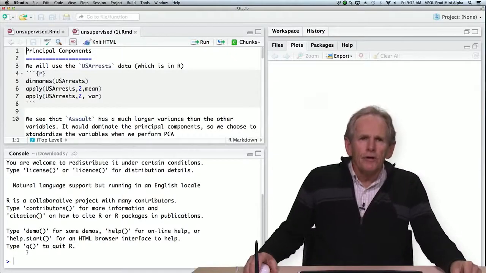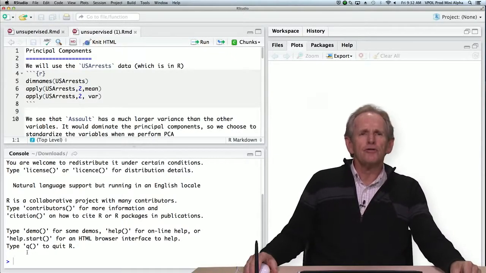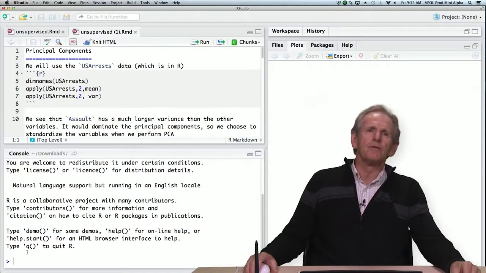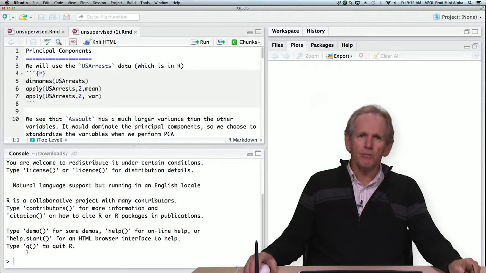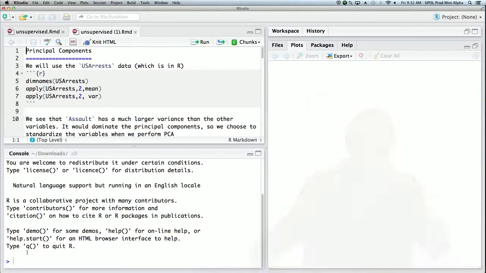Okay, today we're going to do our session on unsupervised methods. In particular, we'll look at principal components, k-means clustering, and hierarchical clustering. These are all pretty straightforward methods, and we'll just demonstrate on a simple example so you get the gist of it. We're in R Markdown again in RStudio,